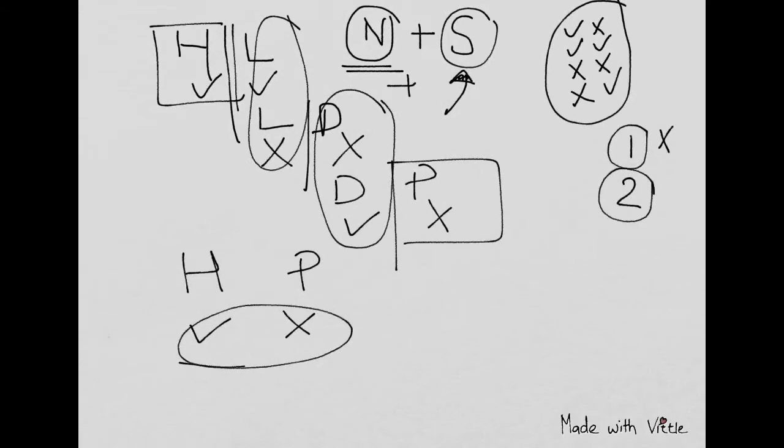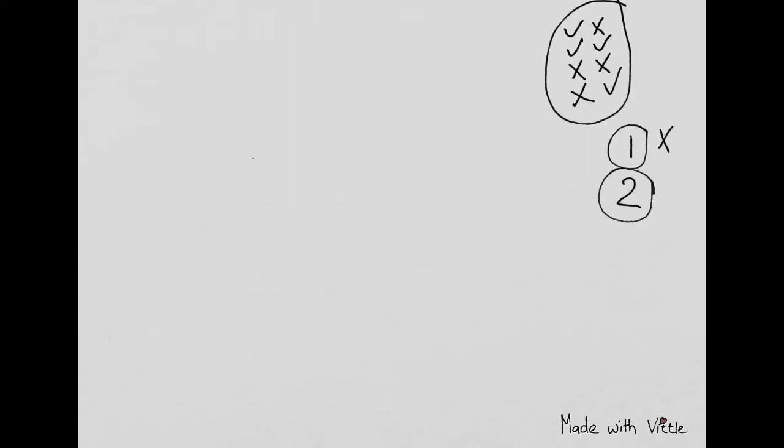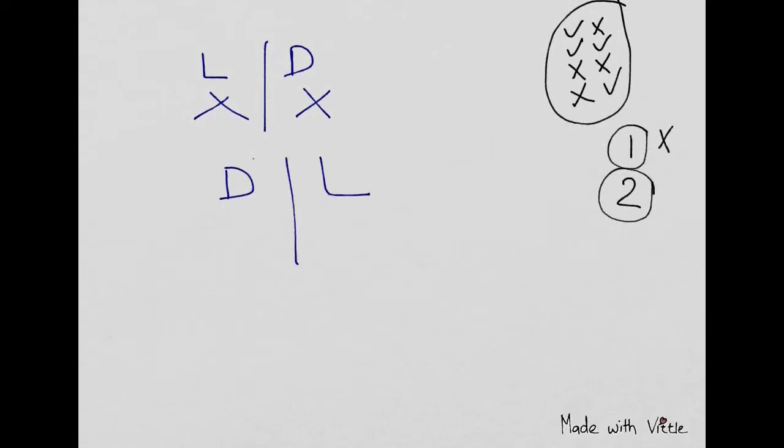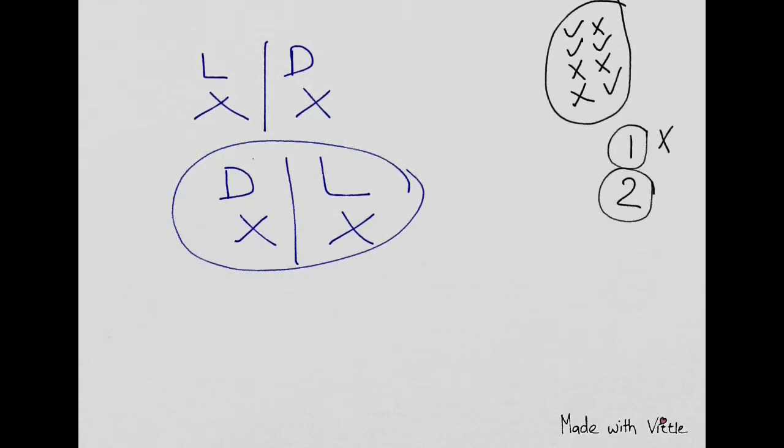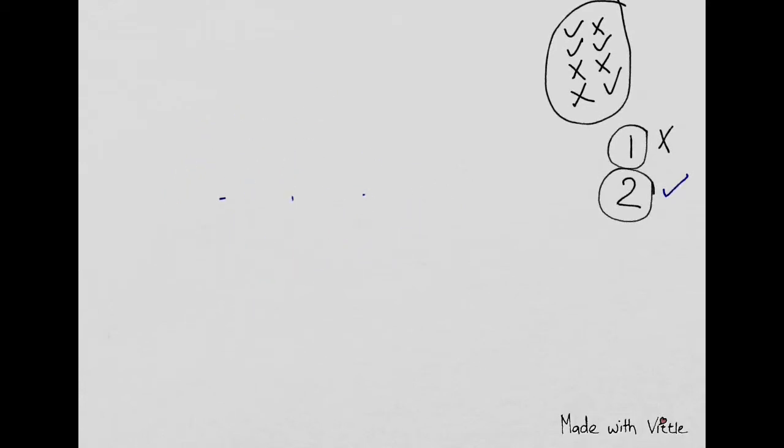Let's check 2. Now the second one is some desks are lamps, and this we can just see from the third statement that some lamps are desks. So lamp and desk cross cross. Obviously we can just reverse this, because we can take in any order and this will become the same. So it will become some desks are lamps. So second one is pretty fine, that is a valid conclusion, so we can write that.